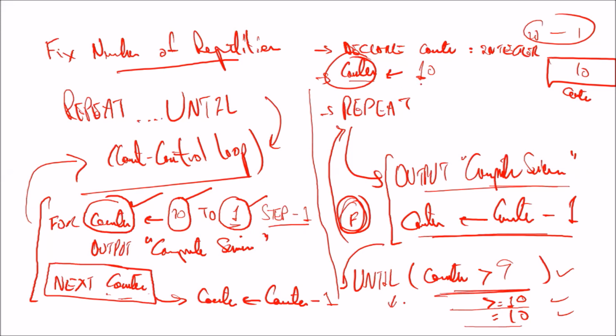In repeat until आप initial value 10 दोगे, now for में automatically जब ये स्टेप -1 देते हो तो बैक एंड पे काउंटर असाइन काउंटर -1 हो जाता है। यहाँ पे हमें मैनुअली फिर काउंटर असाइन काउंटर -1 देना पड़ेगा, और उसके बाद अनटिल आपको ये वैल्यू क्या हो जाएगी, इज इट इक्वल टू 0, इज इट लेस देन इक्वल टू 1, नहीं तो आपकी ये कंपैरिजन जो ऑपरेटर्स हैं वो भी चेंज होते हैं। करेक्ट? यस सर।